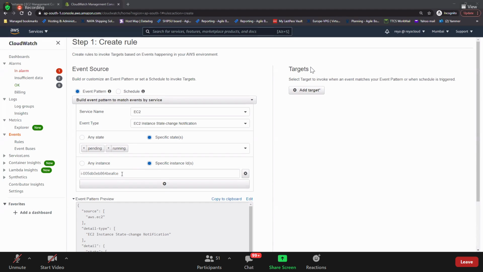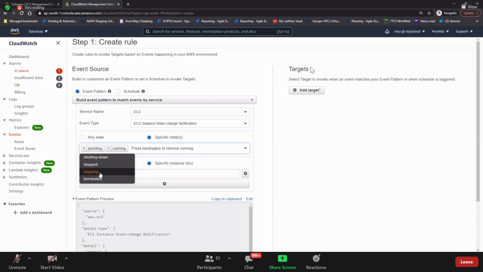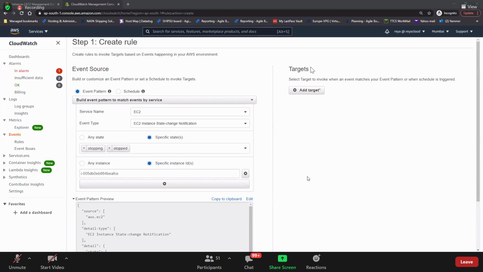Now, if someone has stopped and started this particular EC2 instance, that means whenever you get pending for that, someone might have stopped it. Guys, if you want a notification when someone is stopping this machine, what is the state that you should select? You should select stopping, or you should select stopped, not running and pending. So it's completely based on the requirement, right? Now someone is doing a nasty thing to this EC2 instance. Someone is stopping it. What should you get?